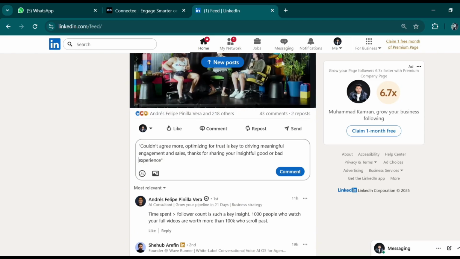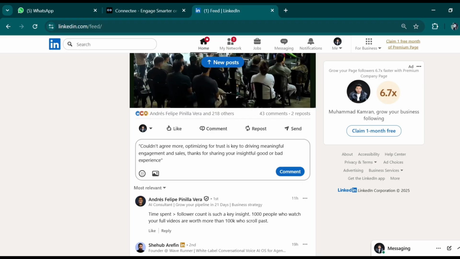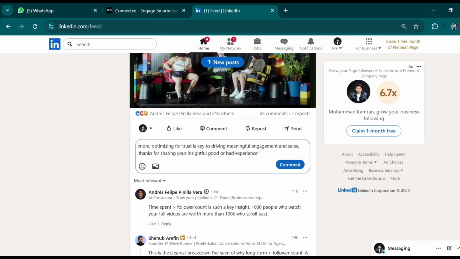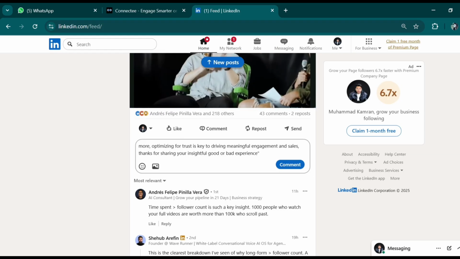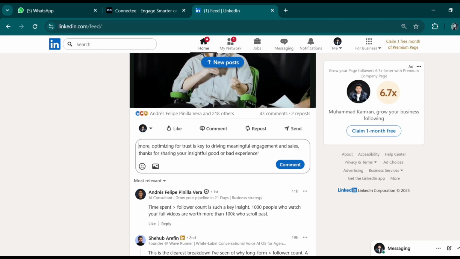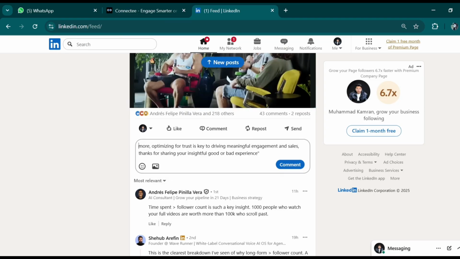You can also edit here if you want some minimal changes, like if you want to replace "could not agree" with something else, and you have that word in your mind, you can do it manually. Don't rely on the feature for that. You can do it on your own if you want minimal changes. But if you want more changes and want to do them with the feature, you provide that specific thing in the hint option. It will generate according to your hint.